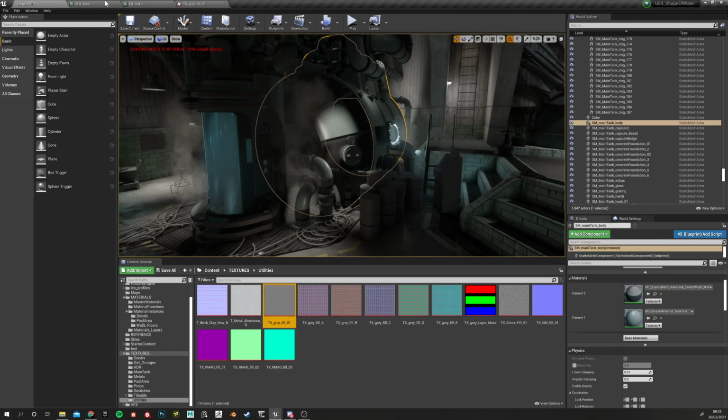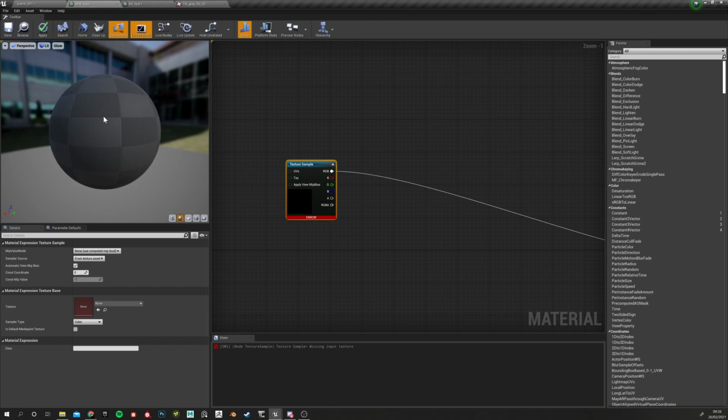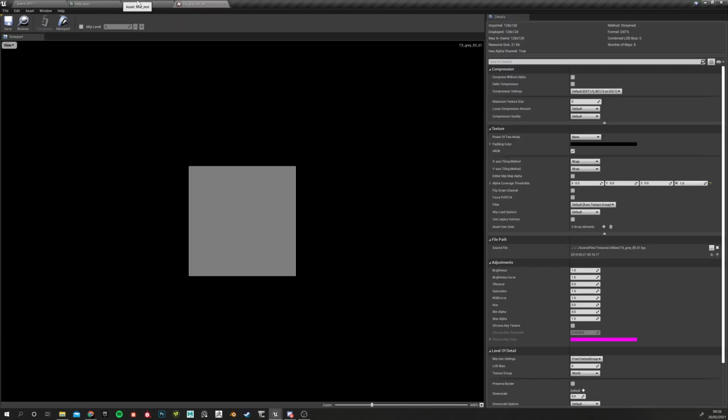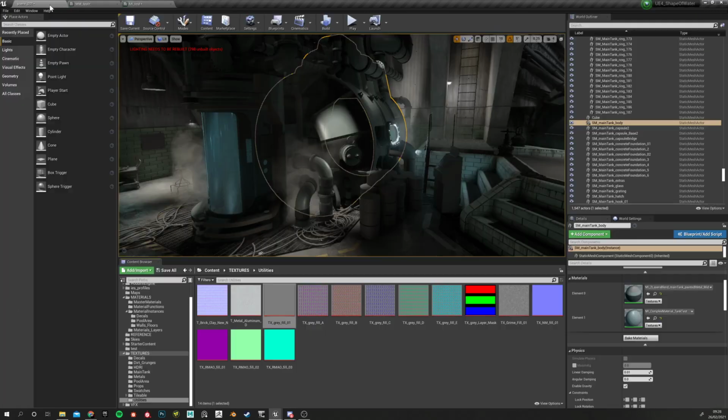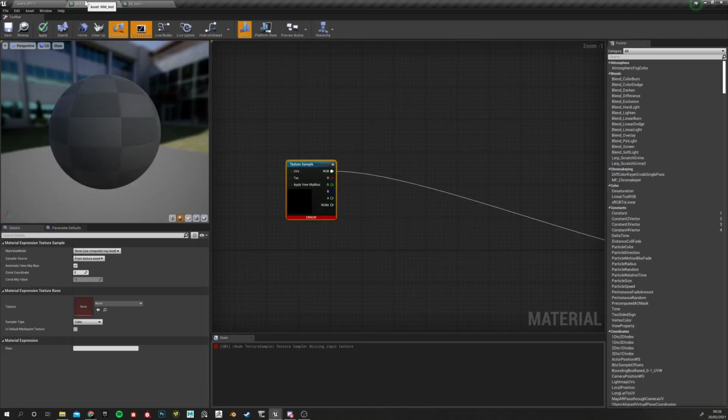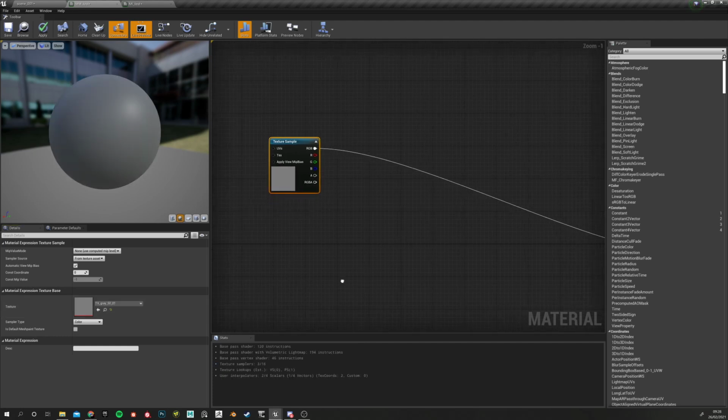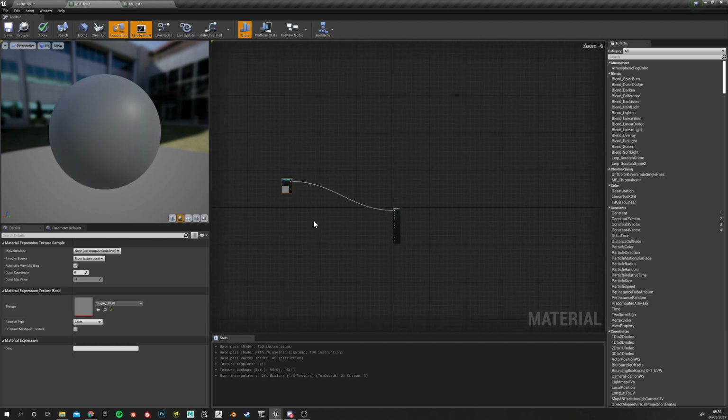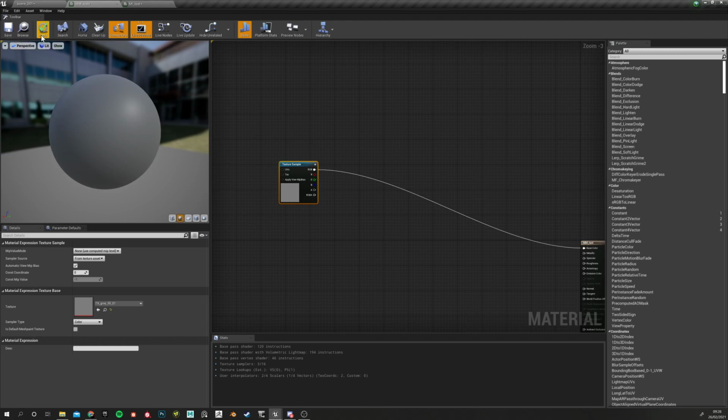So with this one selected, for those who don't know, if you have something selected in the content browser and you go into the actual slot, you click this button, which says use selected asset from content browser, and it will fill it for you. Okay, so now this thing is 128 by 128. If I apply this, which is essentially the same as applying and saving,